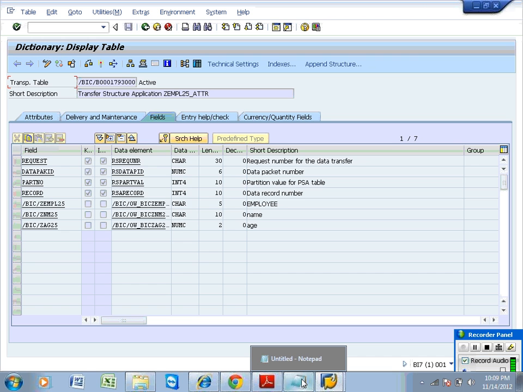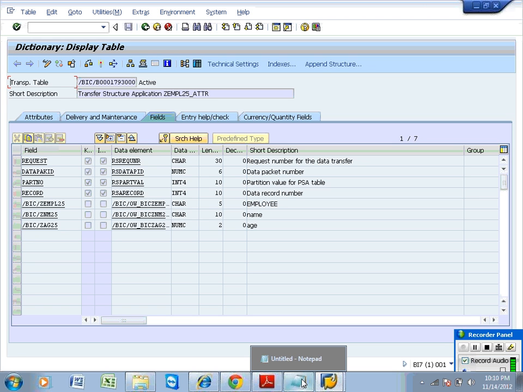You provided a data packet size of, say, some kilobytes. So based on that, each packet carries 100 records. How many records do we have? 10,000 records. So using 100 data packets, in each data packet you can find 100 records. 100 into 100 is 10,000. Each data packet will carry 100 records, and like that all 10,000 will be transferred using 100 data packets.